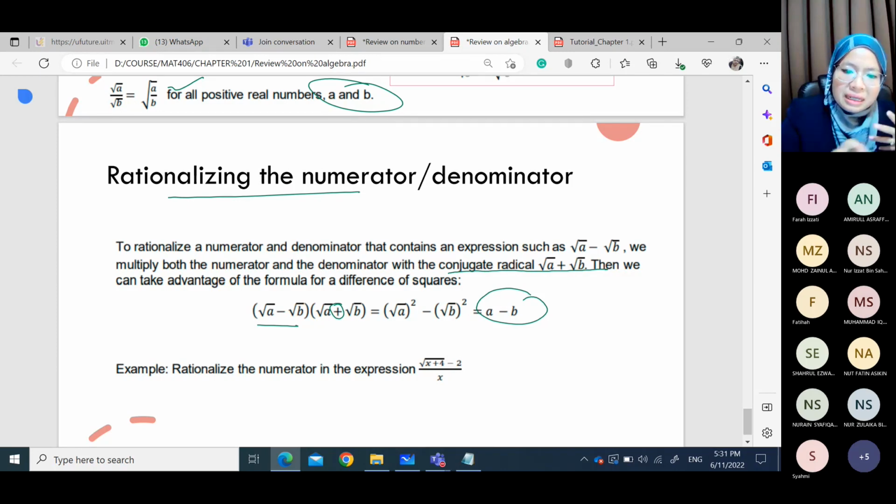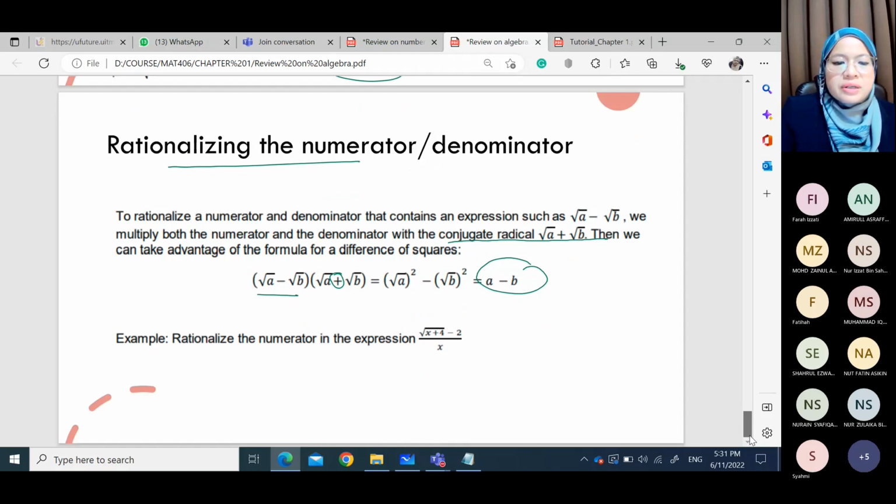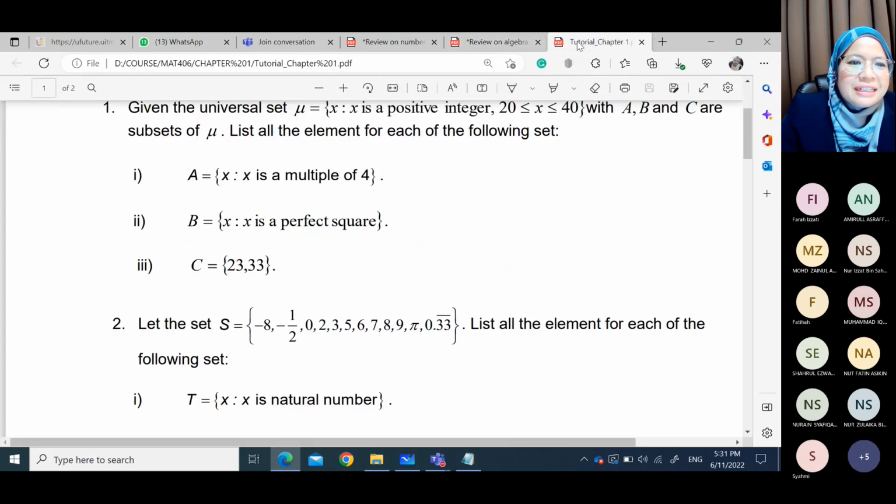So cara dia adalah dengan mendarab dengan conjugate radical. Ni senang je. Nampak je susah tapi senang je. Okay, so yang ini pun adalah contoh dalam week 1 if I'm not mistaken. Dalam video. Alright, so ada soalan tak untuk rationalizing the number? Tak ada. Tak ada, good. Okay, so